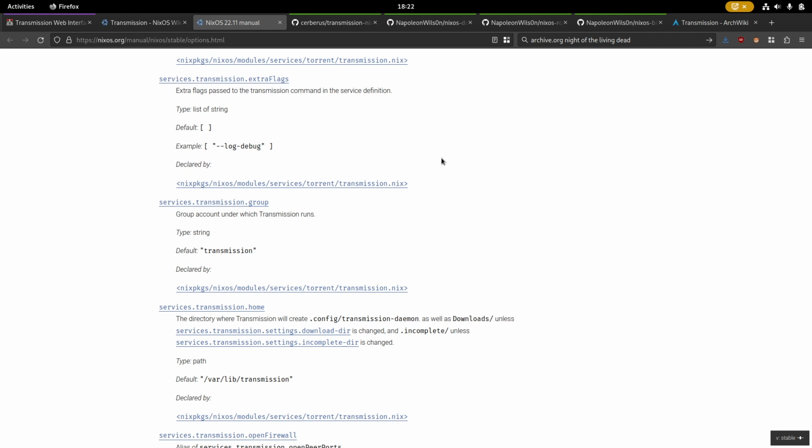So that is another option. The other thing I wanted to mention is that I have tested this working over VPN as well, and that works. So setting this up like this on NixOS,